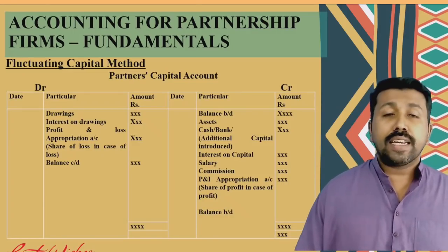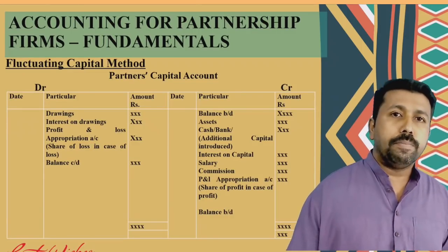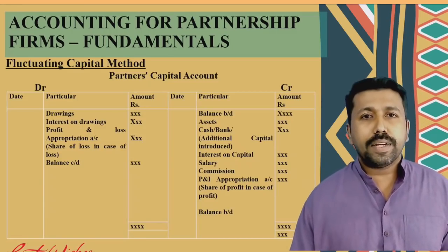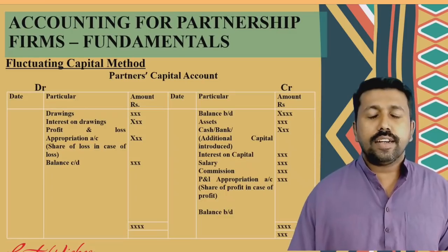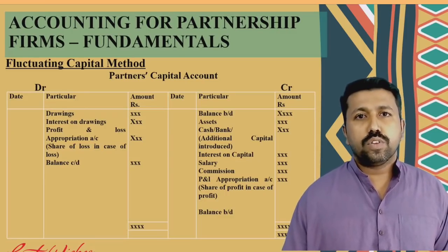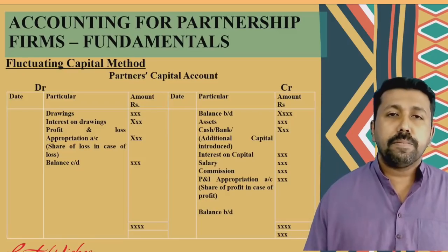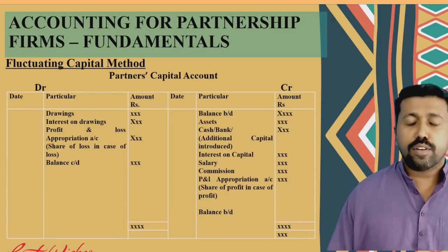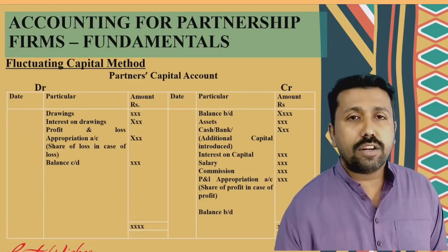When we consider the capital account up to the admission of a partner, some more items will come in the credit side, like premium for goodwill, additional capital brought by the partners, accumulated share of profit or reserves, and also the amount of goodwill brought by the new partner, which will be shared between the partners, premium for goodwill. And in the debit side, there will be accumulated losses and also share of loss, and revaluation loss will come. Keep in mind all these points.